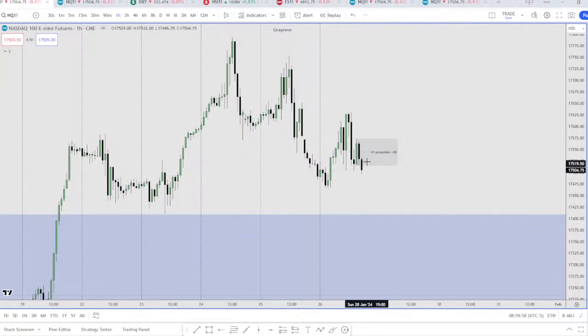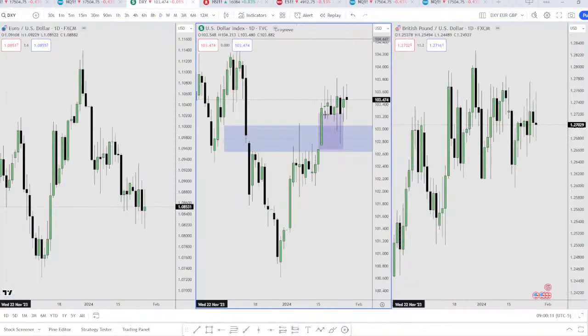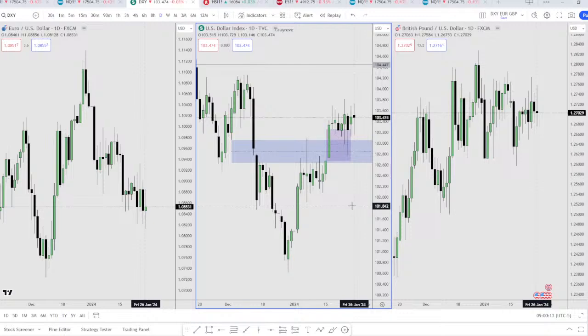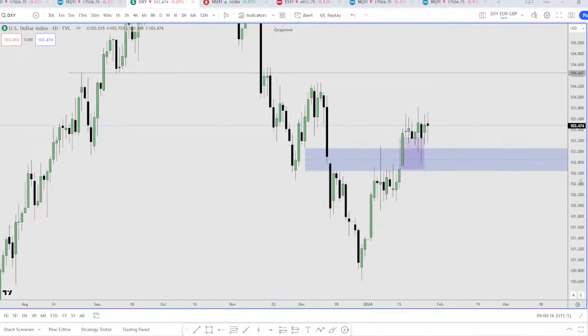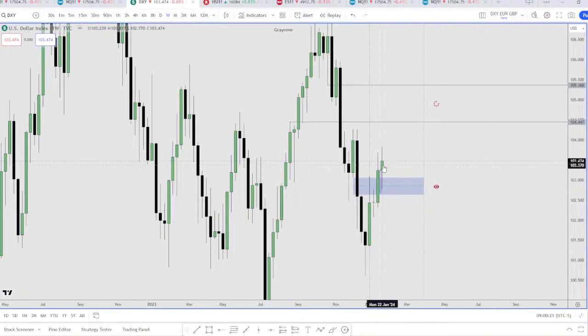Okay, now with this, I'll be concluding the indices. Okay, let's move into the DXY. The DXY on the weekly, we have another closing candle above this inversion level. Okay, and obviously, since this candle has closed, I was bullish on the dollar, and it came back all the way down into